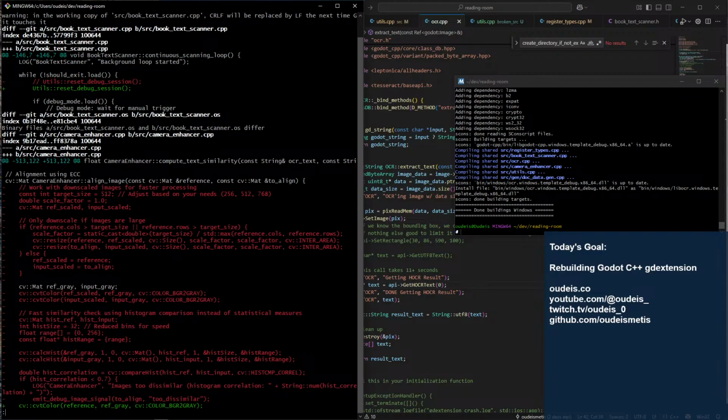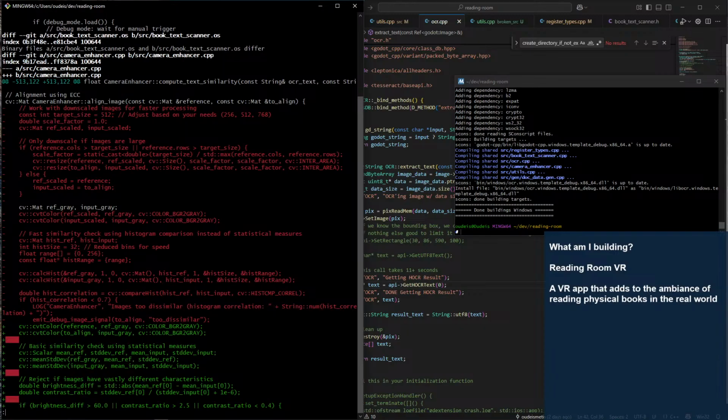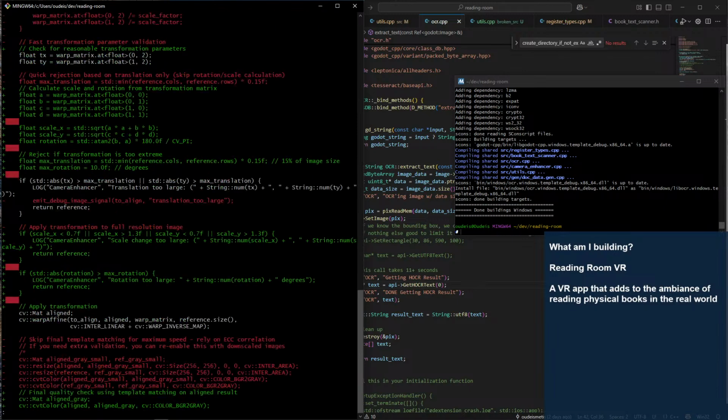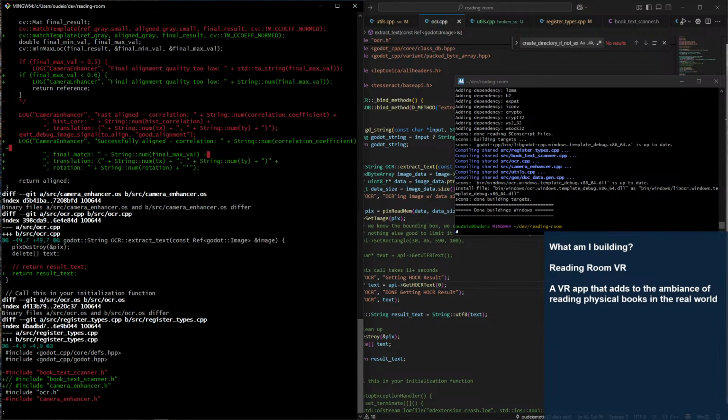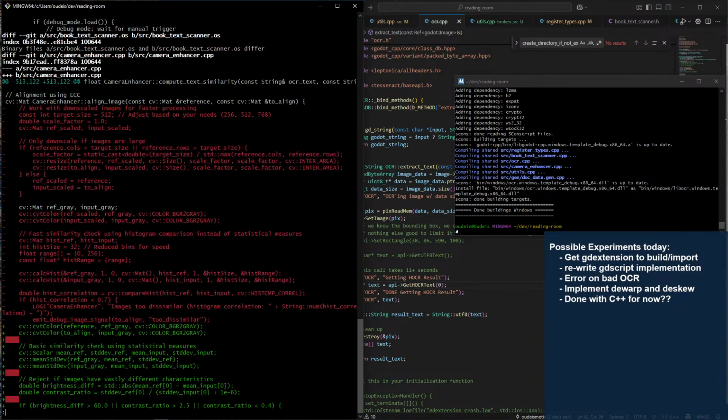So the reset debug session was new. Camera enhancer is just the alignment thing. I mean, there's no reason why I couldn't.